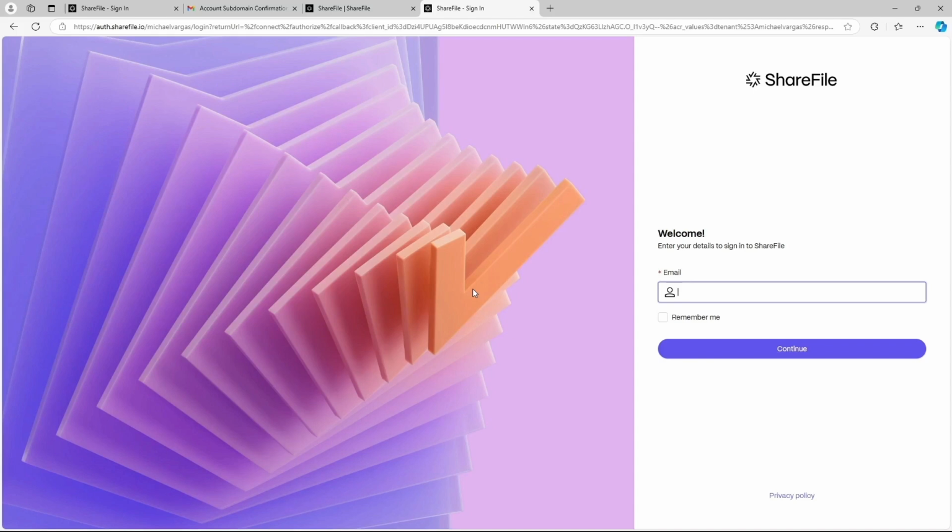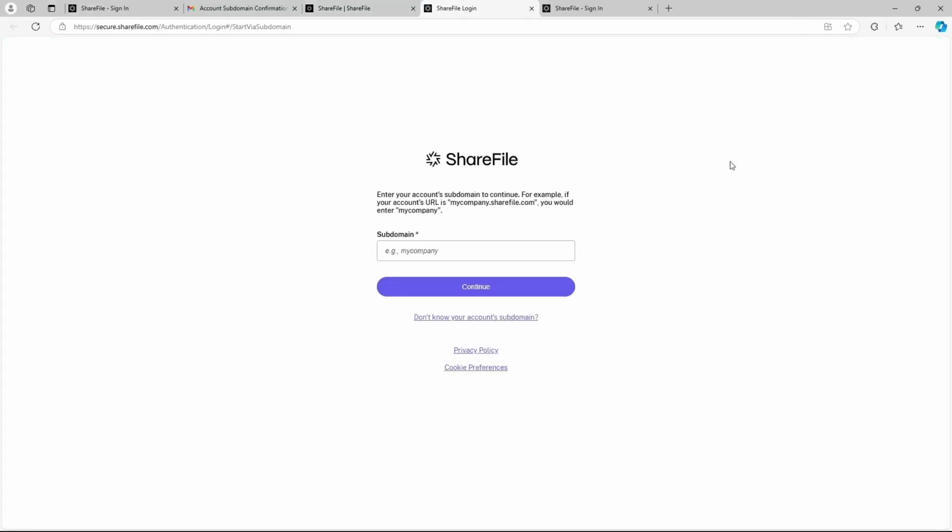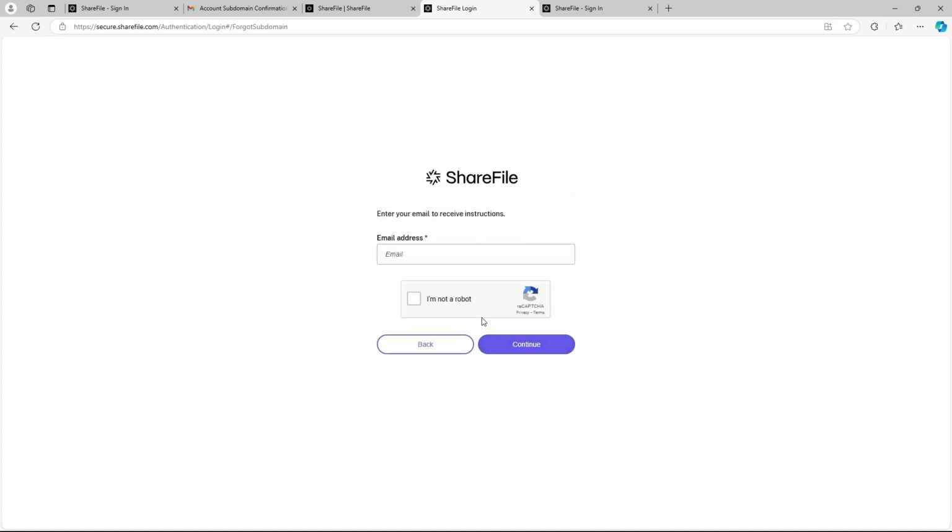What happens if you don't recall what your ShareFile subdomain is? Let me tell you that we have a process that we can follow in order to get this information back. And let me show you how to do it. What you just need to do is go back to sharefile.com, click again to log in, and on this particular screen, you will be able to see this option that says, don't know your account subdomain? You need to click there, and after that, the system will ask you for the email address that is associated